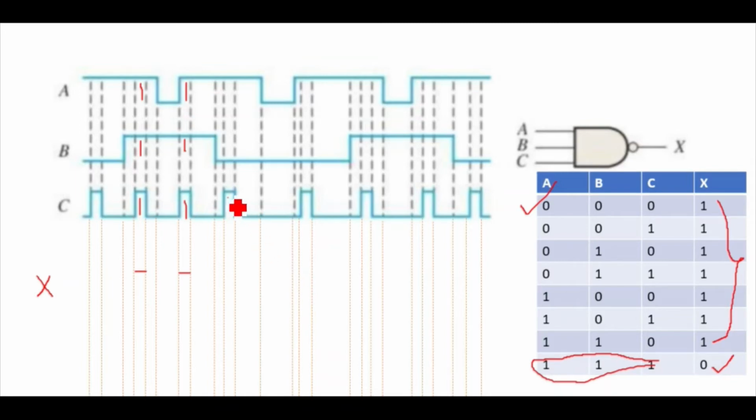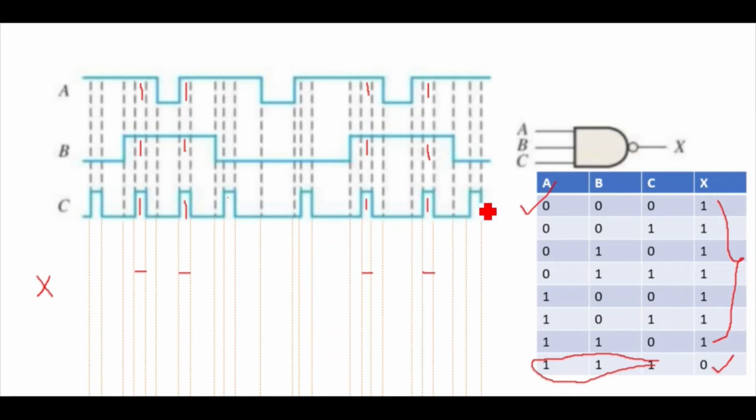Here you can see C is 1 but B is 0, so don't take this one. Here C is 1, B is 0, so don't. Here C is 1, B is 1 and A is 1. So we can take this position also like this. Now C is 0, here C is 1, B is 1 and A is 1. So this one you can also take. I am drawing the 0 1 0.